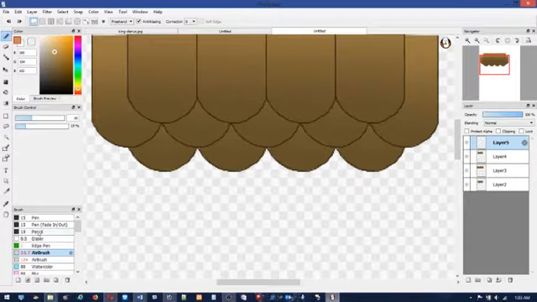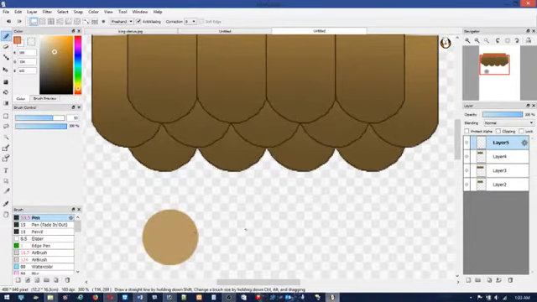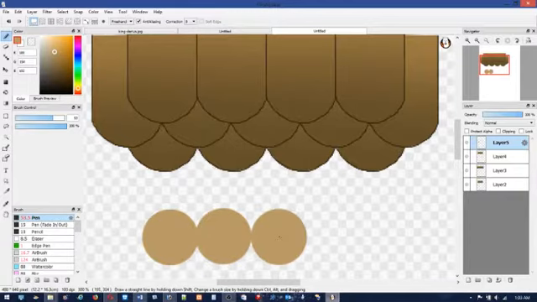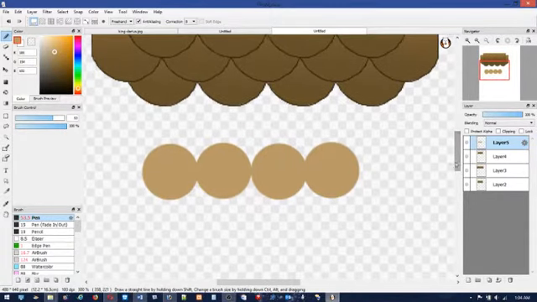Pencil, I guess. Let's try pen. Get a pen tool and go larger. There's that and that and then that and that. And when I want to do a texture, this is the shapes I got, but I want